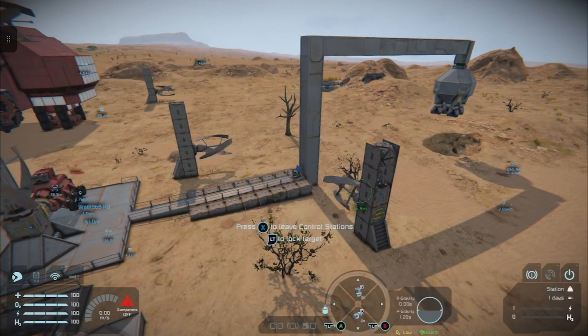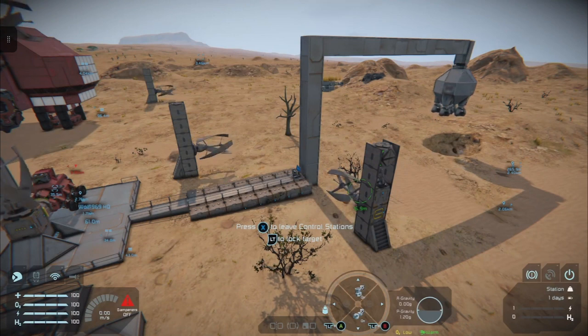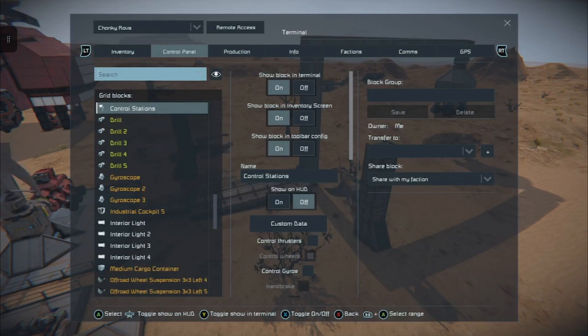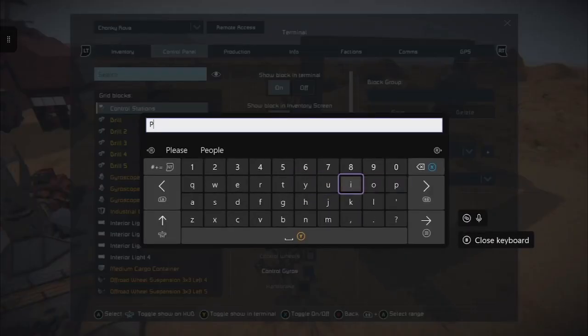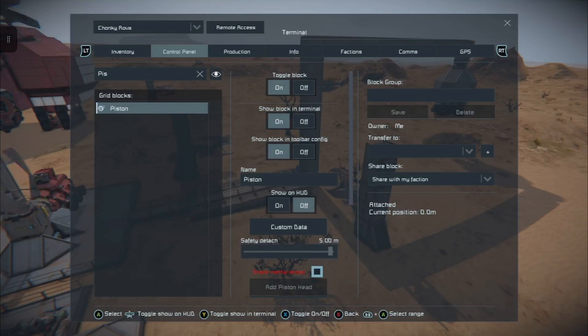And because we've got shear inertia tensor on, things aren't going to shake to pieces. And then all you need to do to finalize it is look at any pistons that may be on the grid. There's only one, so that's good.